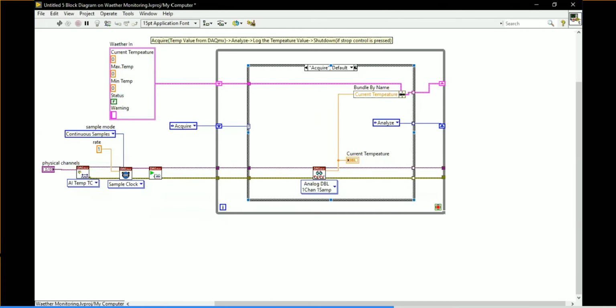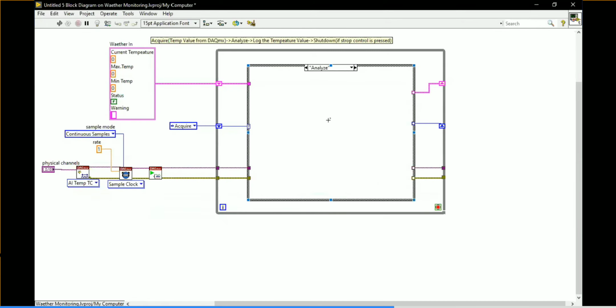So in the analyze state, what I am going to do is compare. Here I have a current temperature, I will get some current temperature value. With the current temperature value, I am going to compare with the maximum value and minimum value. Based on the maximum and minimum value, I want to tell my state, the heat stroke warning or freeze warning or normal warning. I am going to display that. To do that,